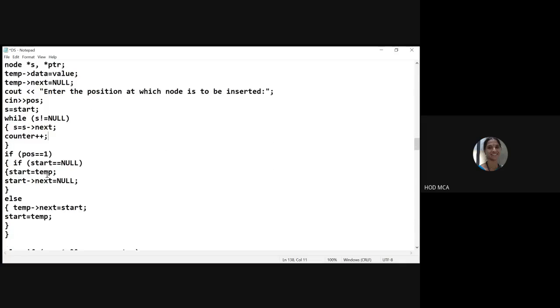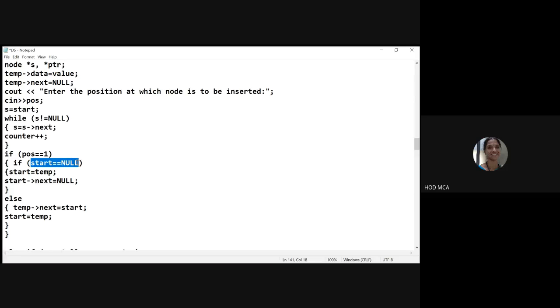Next. Once the first step is done, you count the number of nodes in the list, after you take the position from the user. If position is equal to 1, we have several conditions before we insert. If I want to insert at the first position, what do I check first? I have to check whether my list is empty.